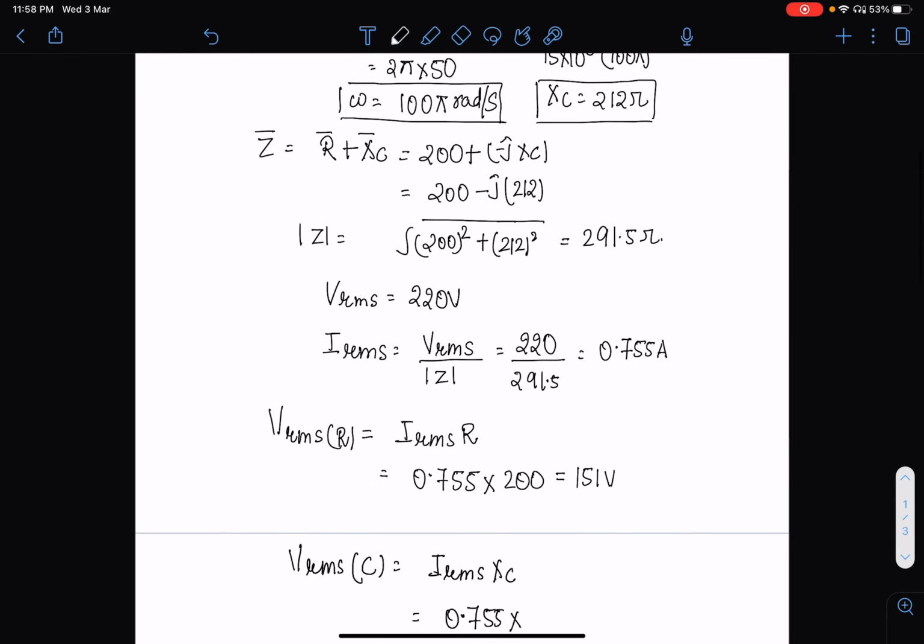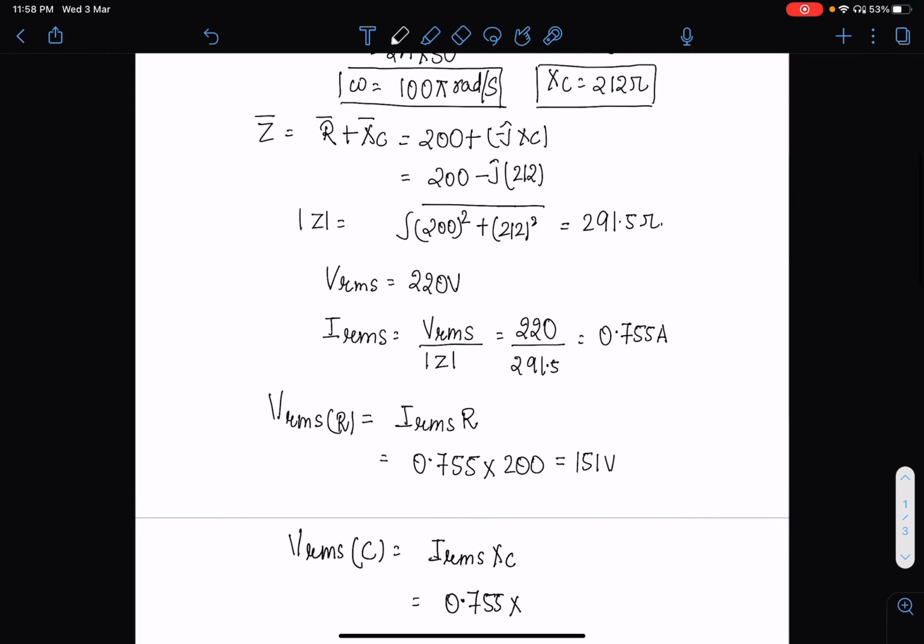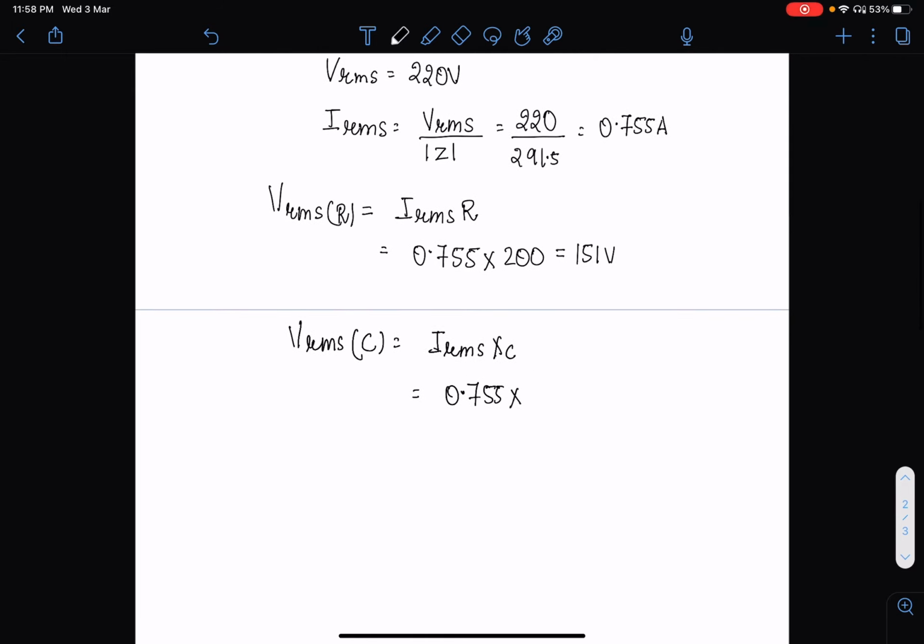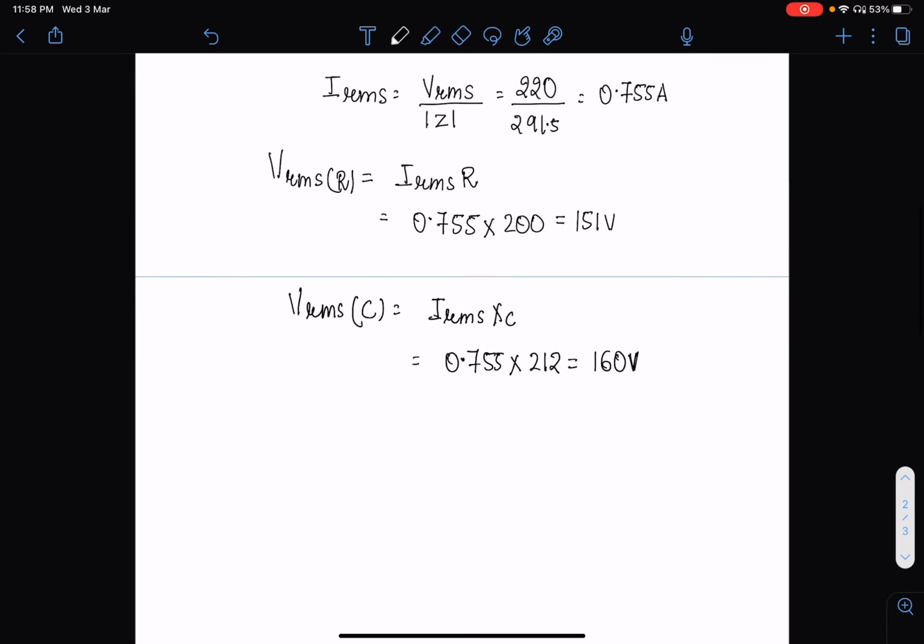What is the value of XC? Here it is 212 ohm. So 0.755 into 212 is equal to 160 volt, right? So the VRMS across the resistor is 151 volt and the VRMS across the capacitor is